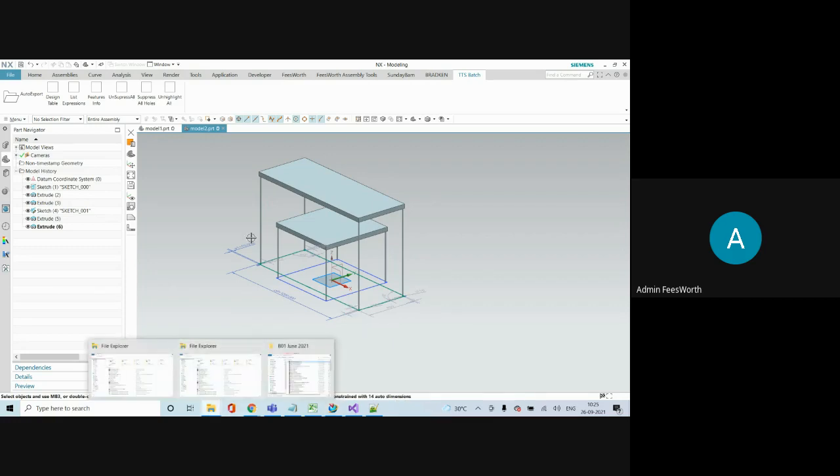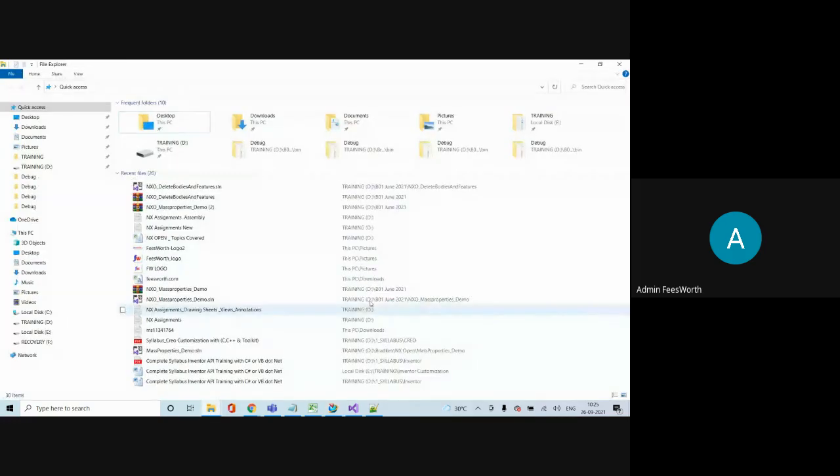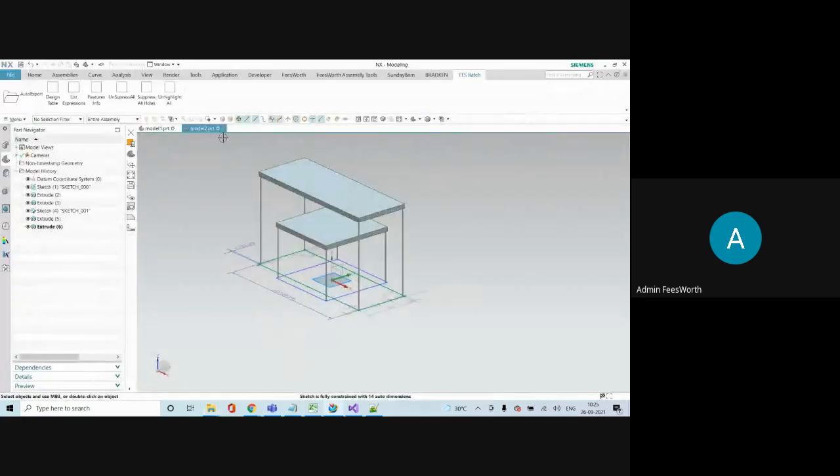You may have a lot of part files in a folder. Once you write that program and apply it, it will open them one by one and make changes to layers, colors, attributes, whatever you want. So that is CAD automation and customization. Customization is creating your own custom buttons, tools, and your own user interface.